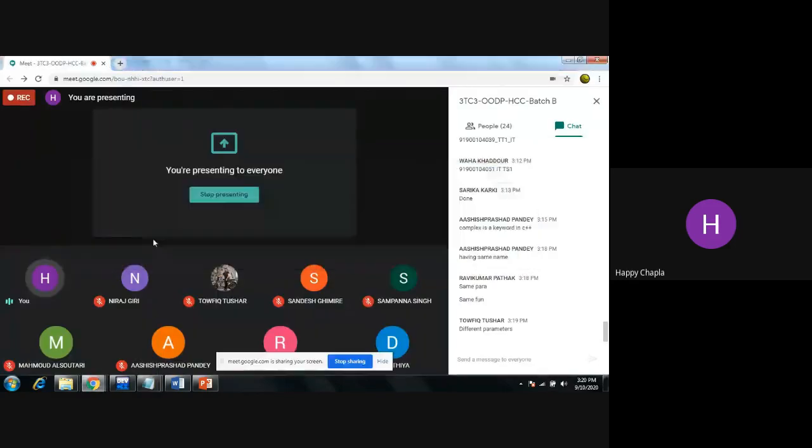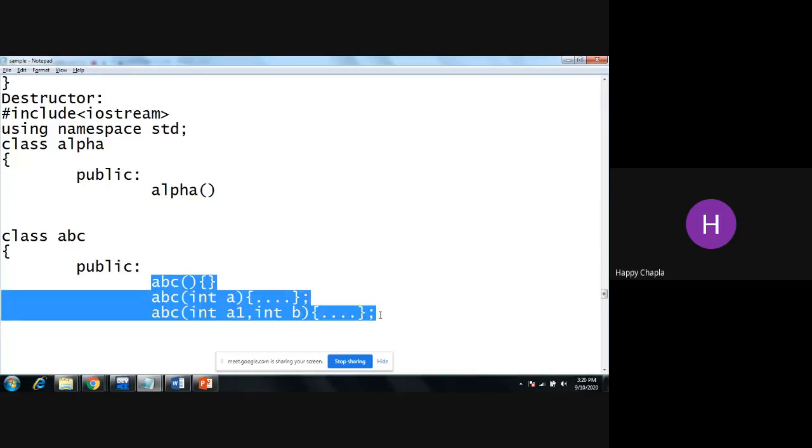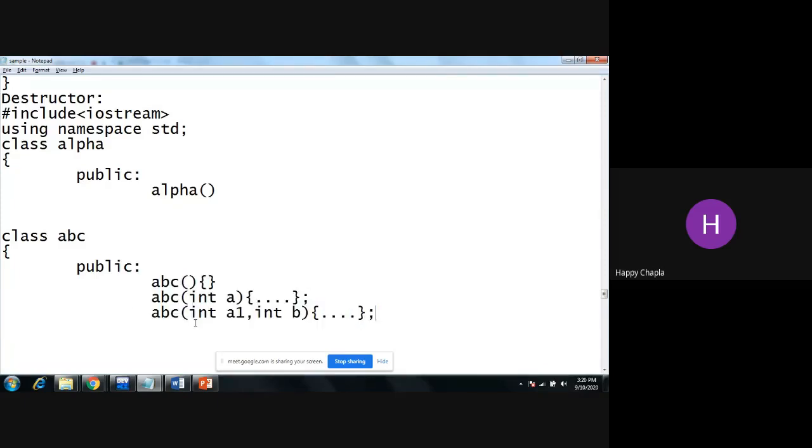So can I say that this concept is an overloaded constructor? Yes, we can say this is an overloaded constructor.